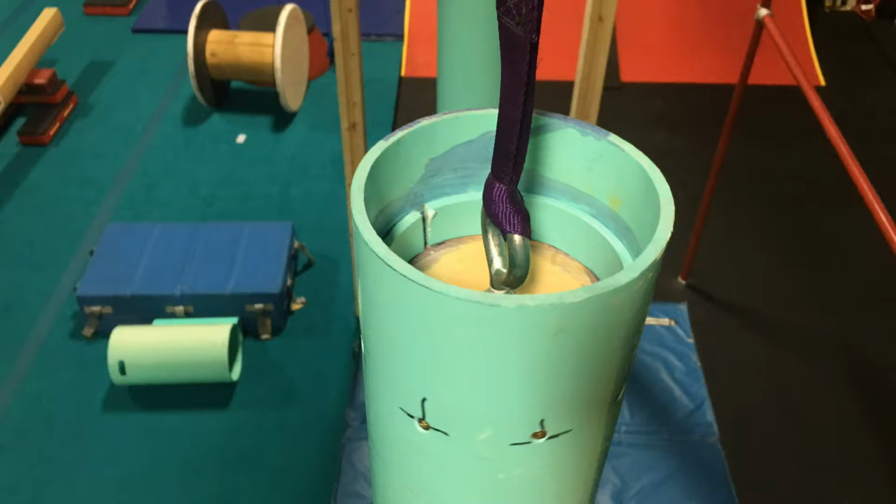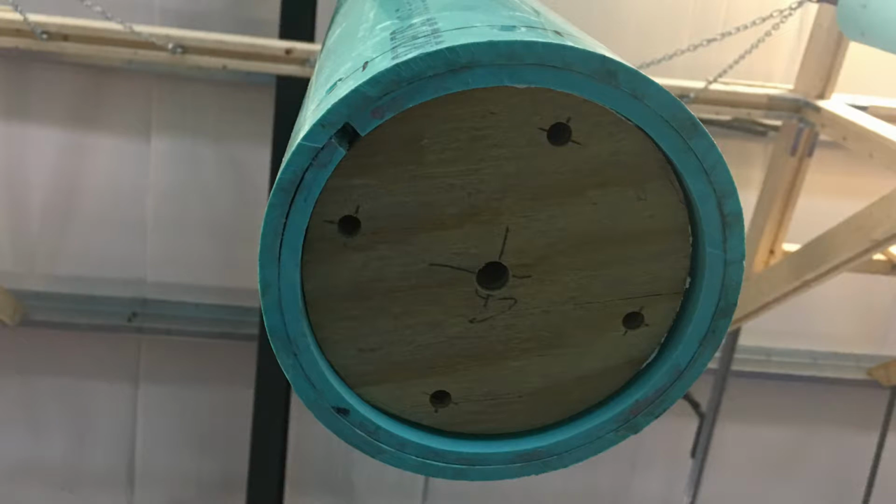Keeps the whole outside of the tube nice and smooth. Now on the bottom half I glue that ring flush, and the plywood that I put in there comes from the inside, so I actually have to put it in before I glue in the ring. I pull it back into place